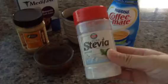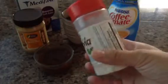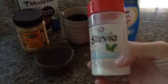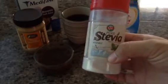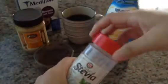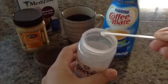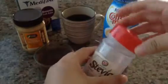So stevia is wonderful. It's a type of sweetener that doesn't have any calories, doesn't actually have any form of sugar, but it sweetens your beverage or anything you put it in, like, I don't know, I think 10 times fold or something like that. It's very sweet, so you don't need to use a whole lot. Inside there's actually a little scooper, and this is how much you would actually use. I put a full scoop in there, or you can even do half a scoop depending on how sweet you